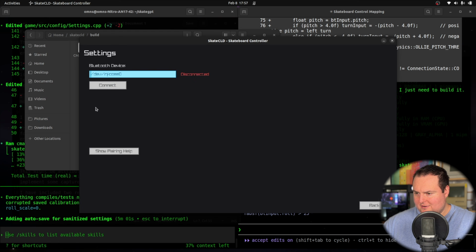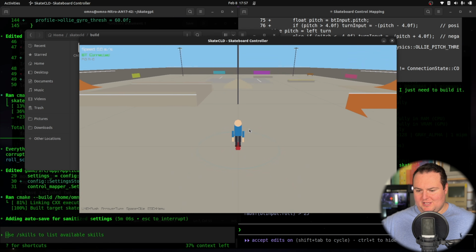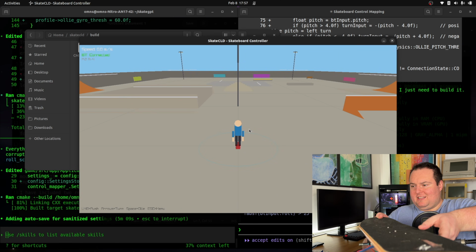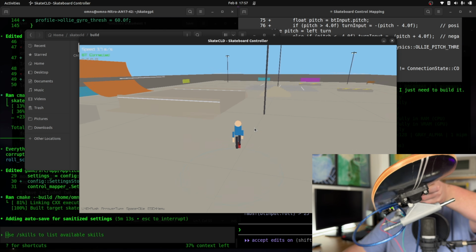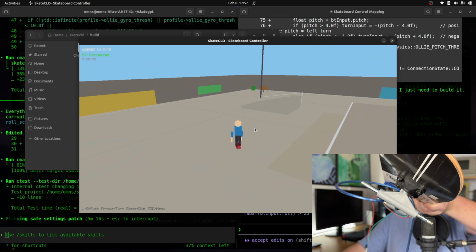Let's try this again now. We can just immediately go to gameplay here. So hypothetically, left and right when we're moving forward. Here's left. And then, okay, so it's inverted, but